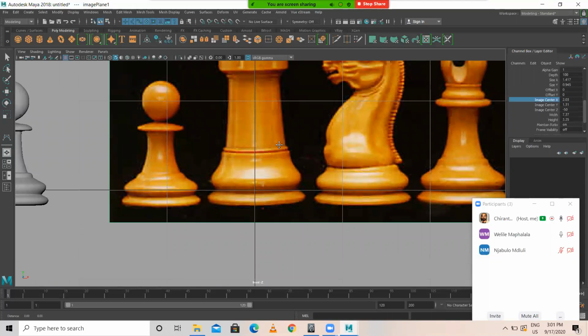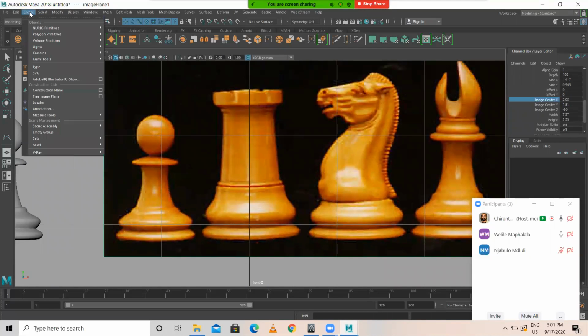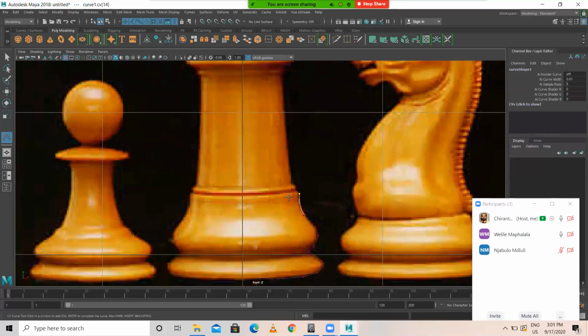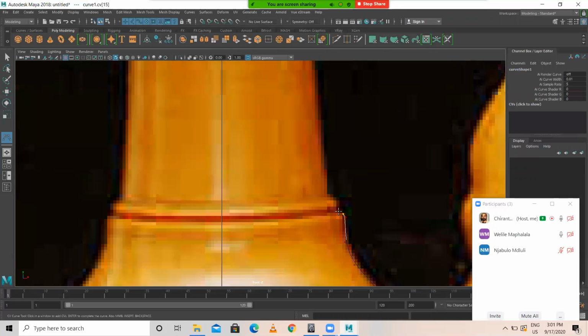Then after that, again go to Create, Curve Tool, CV Curve. It is the same from the beginning. What we have done, we have to repeat. So if you zoom in more, you can create more detail.